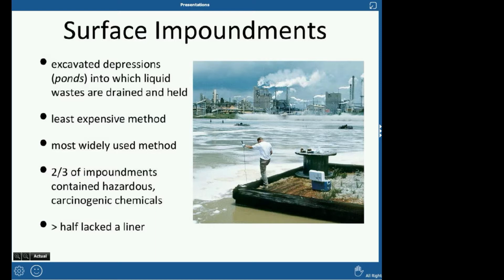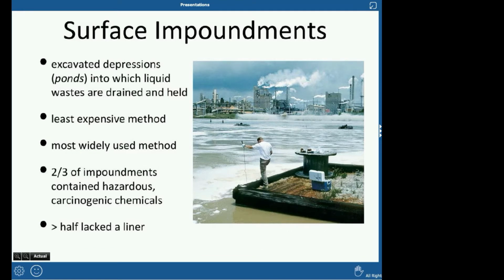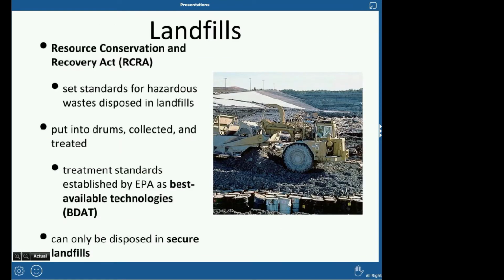A lot of these surface impoundments are now Superfund sites. When I say that, I'll write it, because it always sounds like I'm saying it's something I really want to do. But Superfund sites are basically sites that are designated as being dangerous of some sort or needing cleaning, and the federal government cleans them up.